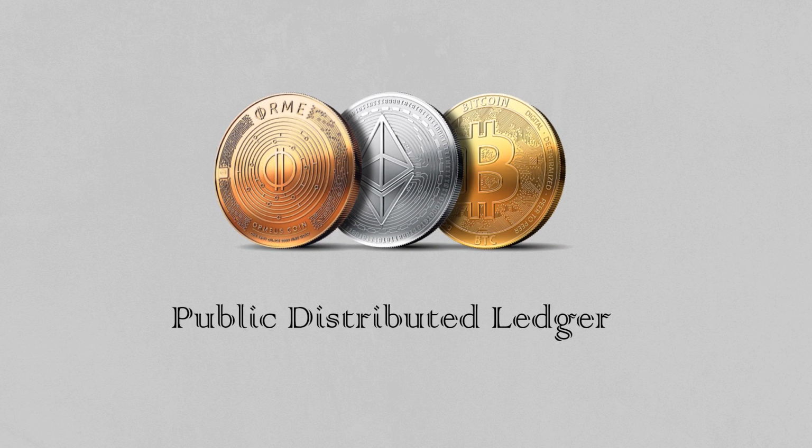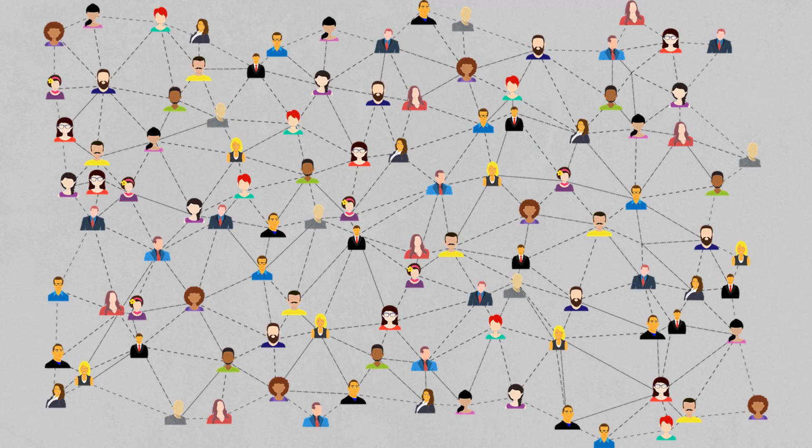Alright, but moving on. What is a cryptocurrency? Cryptos are basically a public distributed ledger. Now that sounds really complicated, so what is it? It can be explained by this. Each and every one of these people around the world are owners of nodes. And what are nodes? Nodes are basically computers which are connected to the crypto network. For example, in a Bitcoin network, each and every one of these is connected to the Bitcoin network,